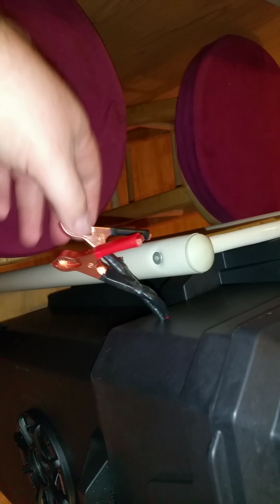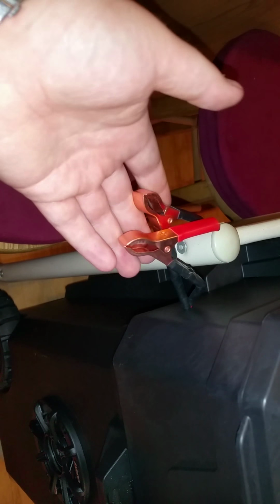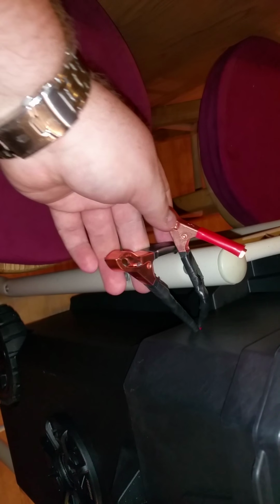Right here, went with the larger clips. Originally had the small little gator clips that they sell. Saw these, picked these up instead. Much more practical when it comes to hooking these up to a post on a battery terminal or inside the truck. Going inside of the unit,